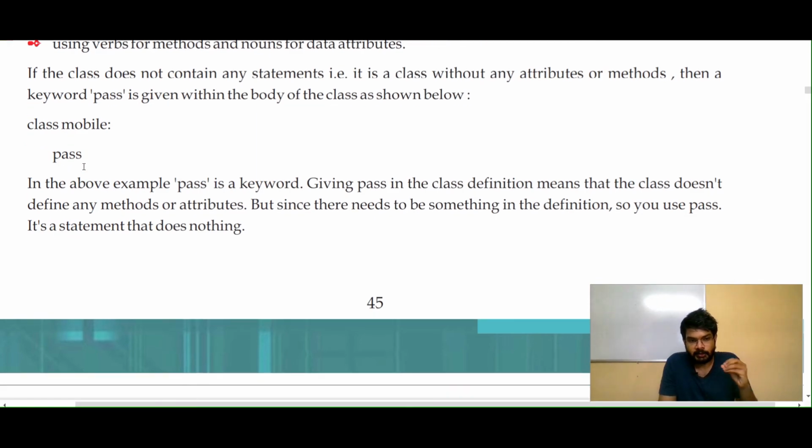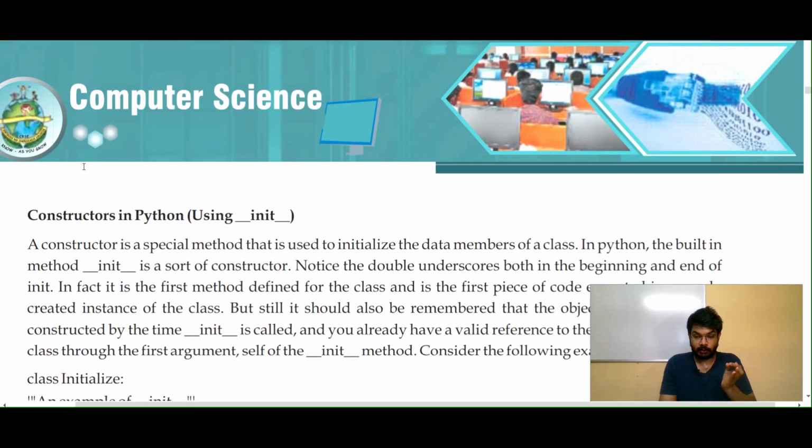This concludes today's topic, the LEGB rule and a basic definition of a class. In the later lecture, we will take up constructors in Python. I will take up small topics because this is a very detailed topic, and you must get a hold of classes and all other concepts of object oriented programming, because only then can we proceed with defining programs and performing all the functions given in the syllabus, because only then will it make sense.